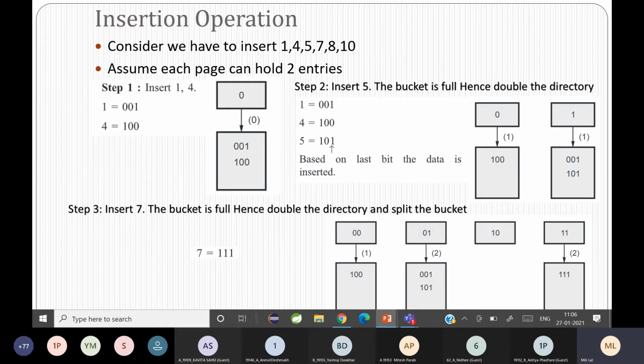तो ये इसका मतलब क्या है, अभी जो bit 0 में end करते हैं वो value 0 में place करेंगे, and जो values 1 में end करते हैं वो 1 में place करेंगे. मतलब take value 1, 0, 0, 1. The last bit is 1. That means 1, which is 0, 0, 1, will be placed in the directory 1. And value 4 का bit क्या है, 1, 0, 0. तो last bit 0 है, so it will be placed in directory 0. And 5 क्या है, 1, 0, 1. Last bit 1 है, so it will be placed in directory 1.